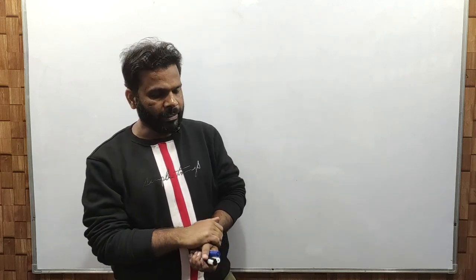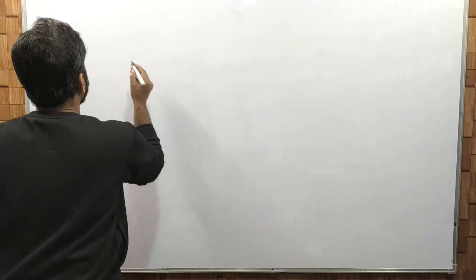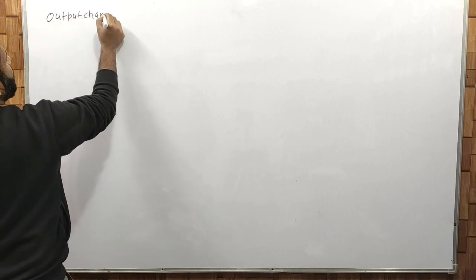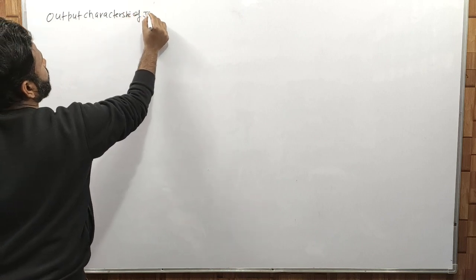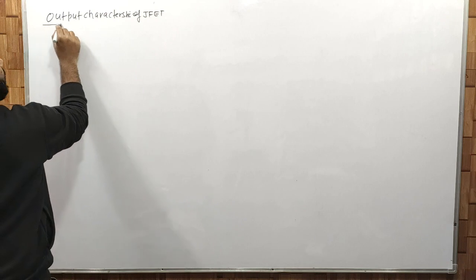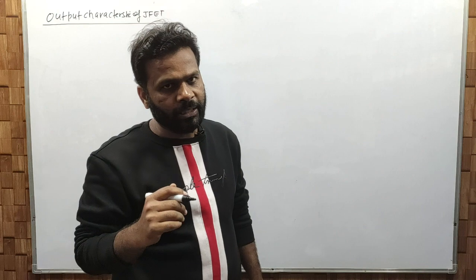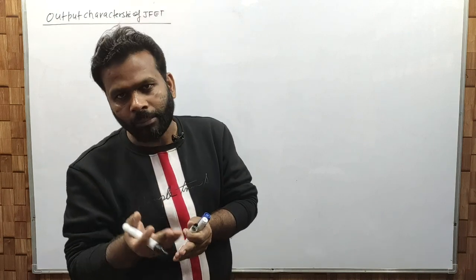हेलो गाइस, इस लेक्चर में स्टार्ट करते हैं आउटपुट कैरेक्टरिस्टिक और ट्रांसफर कैरेक्टरिस्टिक एंड टर्मिनोलॉजी विद रिस्पेक्ट टू दीज टू कर्व्स। तो पहला कर्व जो है हम लोग स्टार्ट करते हैं, दैट इज कॉल्ड आउटपुट कैरेक्टरिस्टिक ऑफ JFET। ठीक है, नाउ फर्स्ट थिंग, ये जो कर्व है किन किन पैरामीटर के बीच में ड्रॉ किया जाता है वो समझते हैं, दैट इज कॉल्ड डेफिनेशन। फिर उस कर्व से क्या रिजल्ट निकलेगा, क्या टर्मिनोलॉजी बनेगी, वो देखते हैं।